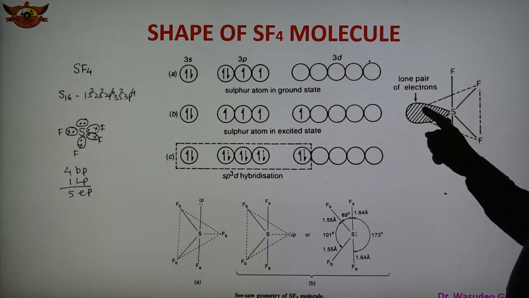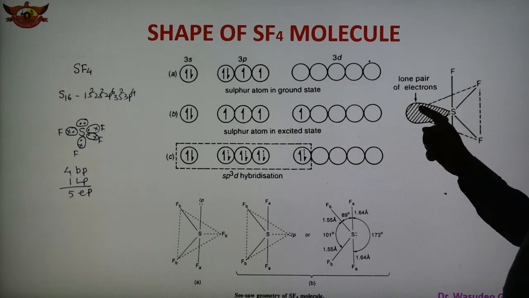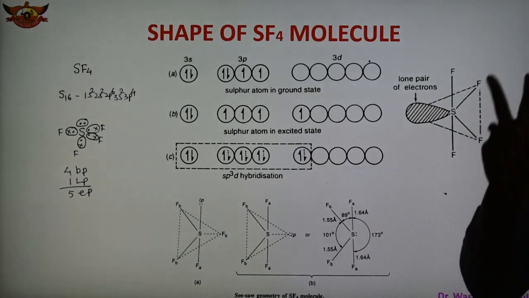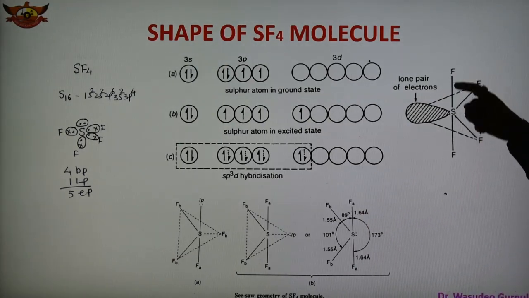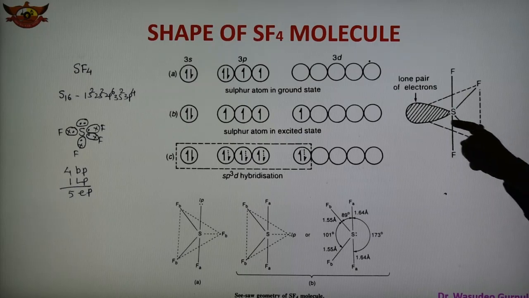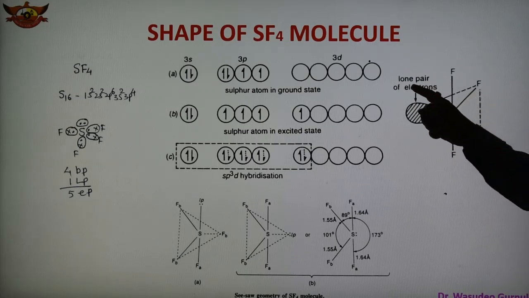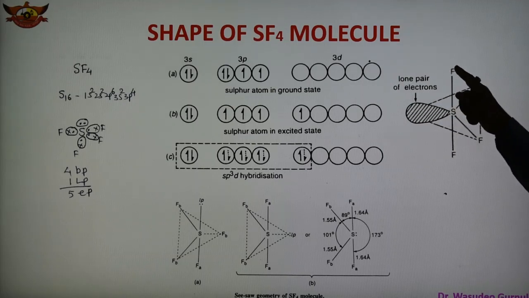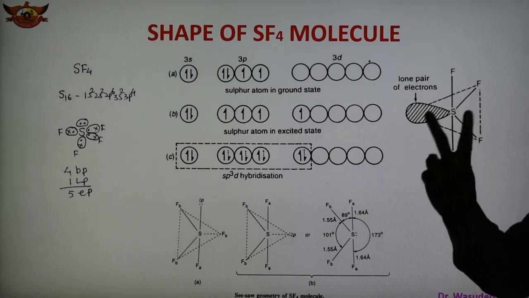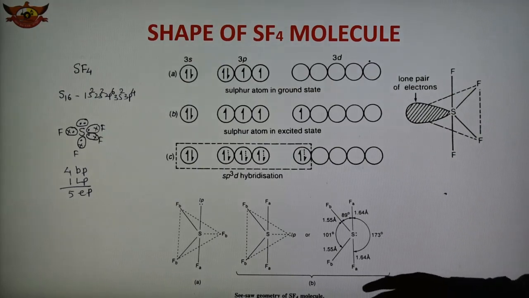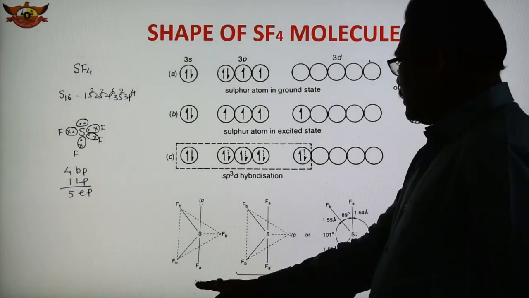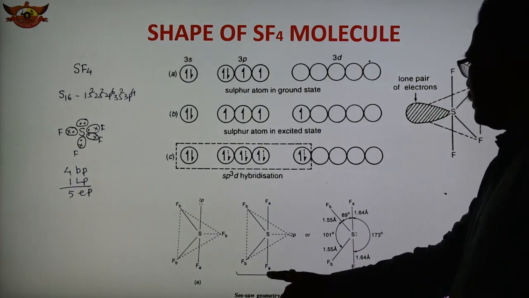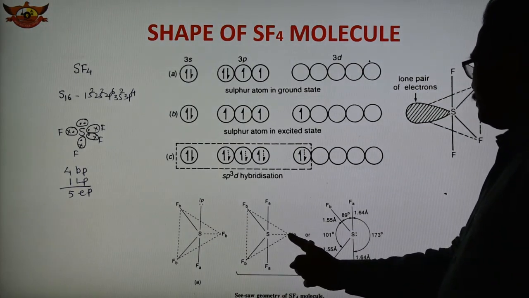This is the lone pair. Here this orbital contains the lone pair. In case of trigonal bipyramidal there are 2 positions, one is the axial position and the second is the equatorial position. Now 1 lone pair is there, so whether the lone pair should be present at the equatorial position or at the axial position. There are 2 possibilities of placing the electron pair. Here in figure A, the lone pair is at the axial position. In figure B, the lone pair is at the equatorial position.